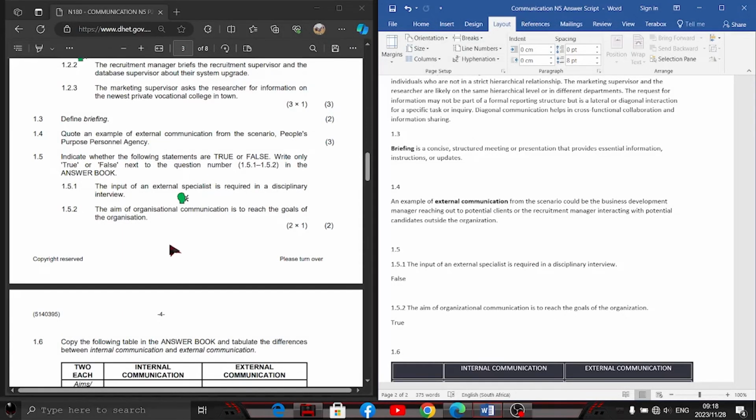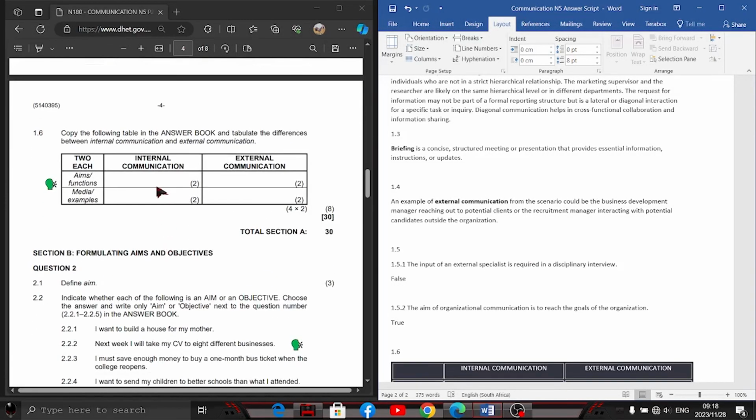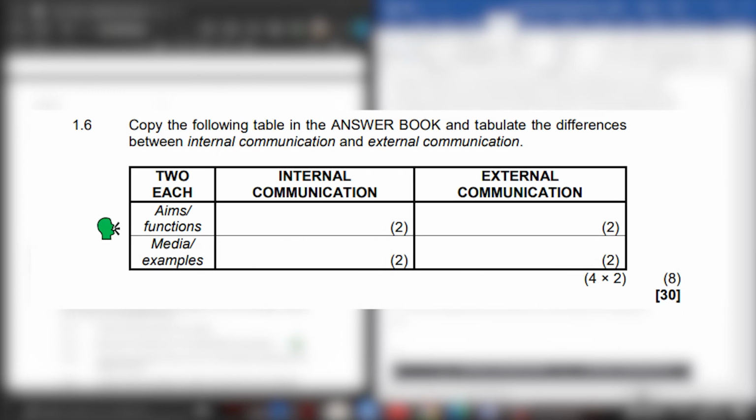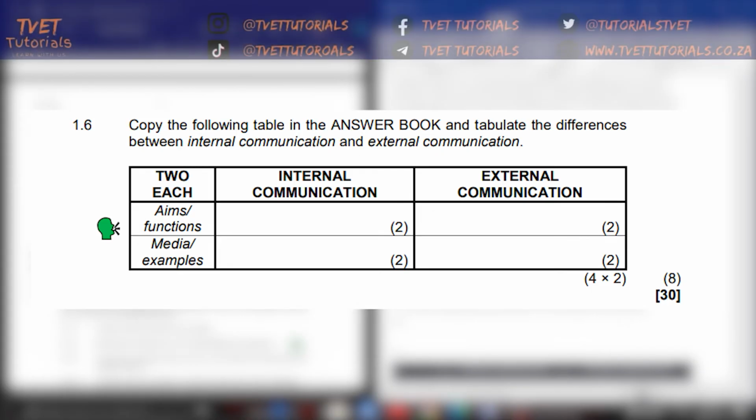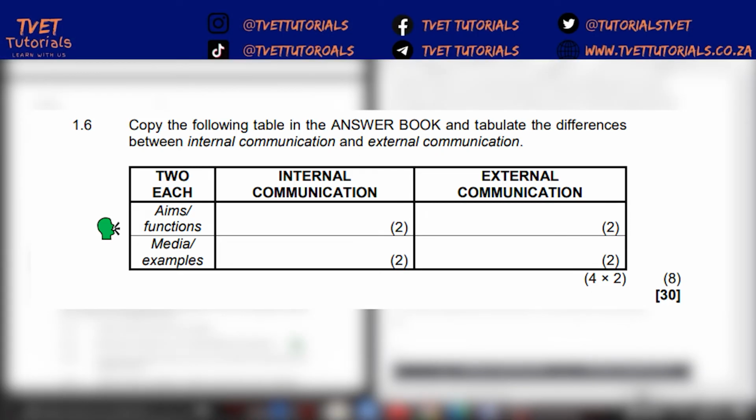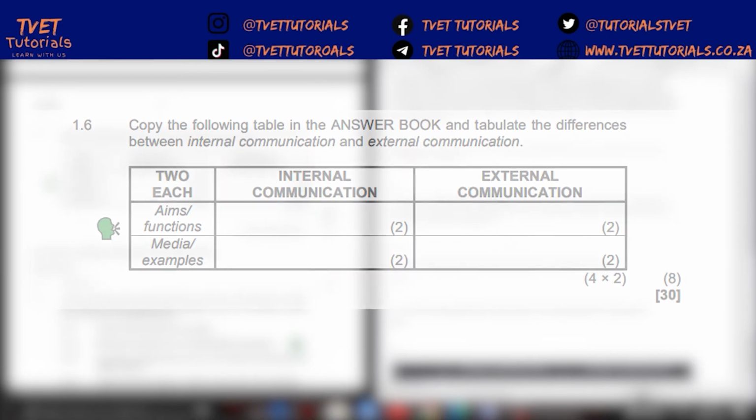And then we look at the next question, which says copy the following table in the answer book and tabulate the differences between internal communication and external communication, right? So it seems like we have to differentiate two or tabulate two differences between internal communication and external communication based on their aims or functions and also media or examples, right? Let's go ahead and look at the first